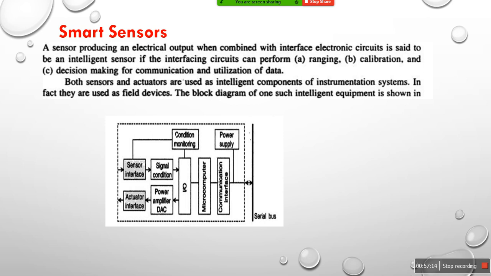But in IoT, the computer itself will take a decision based on the soil level, based on the soil moisture content. If it is very low, then it has to sprinkle some water to increase the moisture content, and otherwise it is okay. So there is a particular range of the soil moisture to be measured. It will check the range and calibrate itself, and it will take a decision for making the communication and utilization of the data. That is the reason nowadays most IoT applications are using smart sensors, where once you establish that, it will take the decision by itself. Hope you understand regarding the smart sensor.